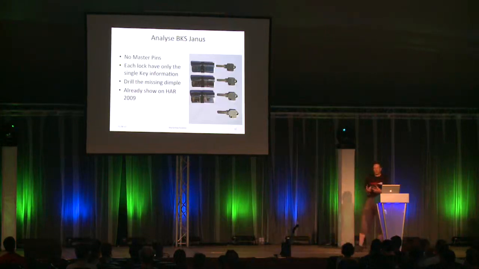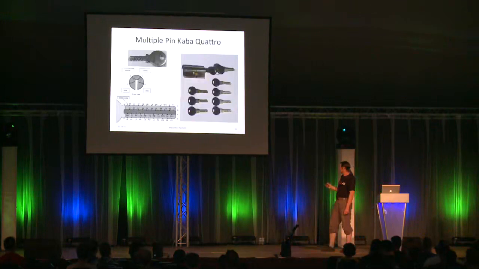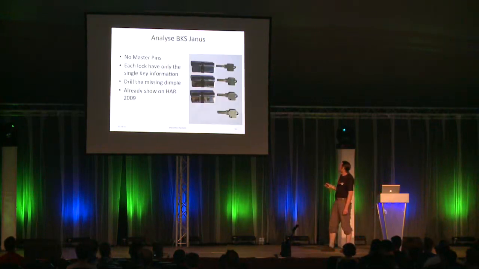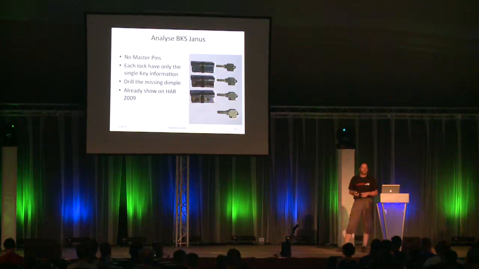But if I have some keys of it, then it's very easy. So I just have to look, okay, this milling is not here, this milling is not here. You just drill it in, and you have this key. This was a hotel key. Oh, sorry. This was from a hotel. It's also a traditional master key system, only one master. And if you have a hotel, you can just remove the lock for 20 minutes and replace it with another one. You can make a master key and enter every room.